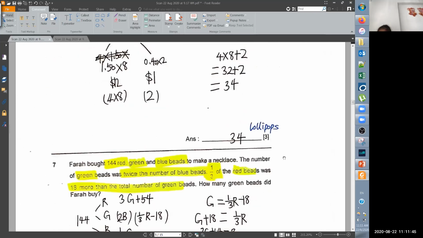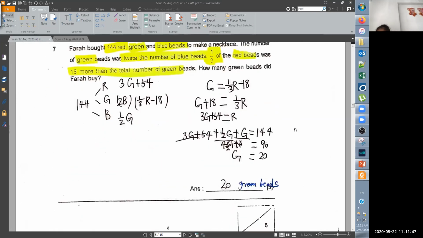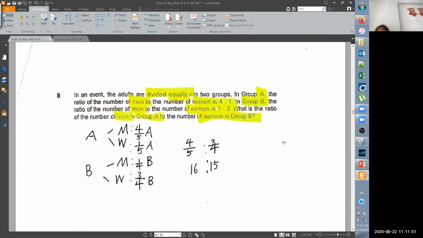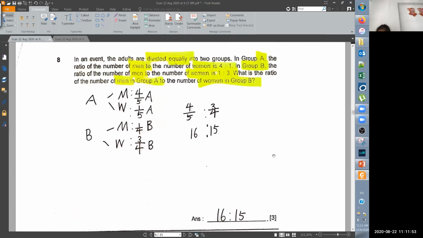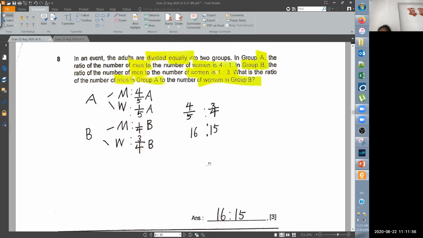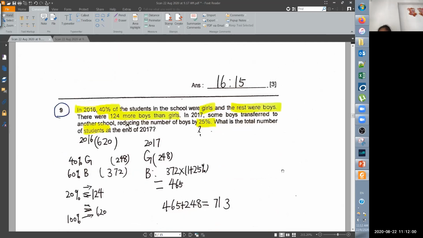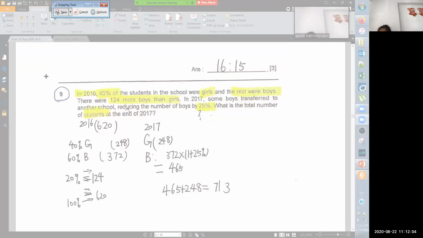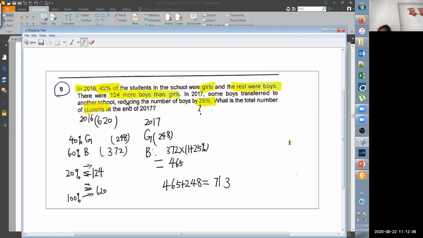Question 6. Okay, done. Question 7. Good. Question 8. Question 8 correct or not correct? 对还是 Correct. Question 9. What's wrong with question 9? Percentage. 这里错哪里了？